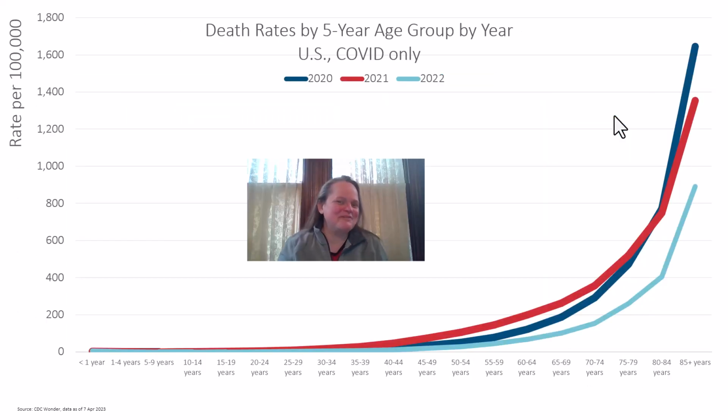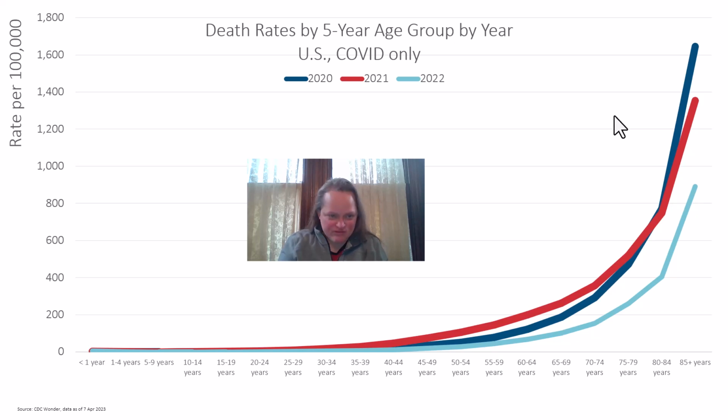So now we're getting into the death rates by age group. And I'm using the 5-year age groups except past age 85. Yes, some people have asked me, well, can you do 85 to 89, etc. The problem is, and the problem doesn't come from death counts. The numerators for these rates are fine. It's the denominators of the population estimates for the older ages. And so that's why I drop it off at 85 plus.